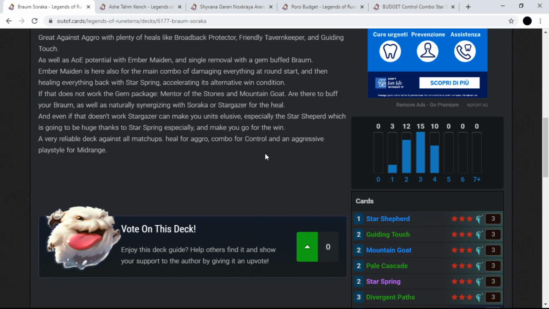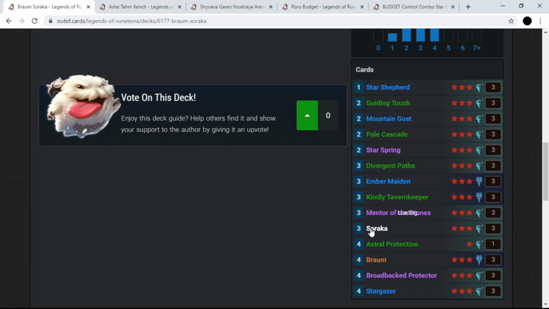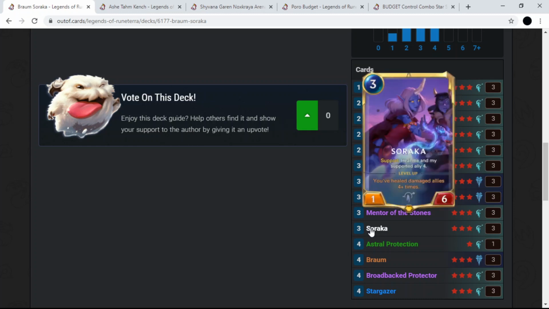Today we are here with top 3 decks to try out when the new expansion is going to release. So first off, we have Braum Soraka. Of course, Soraka really synergizes with healing, and you have to heal to level her up. Once she's leveled up, you can draw a lot from her, and also she's quite sturdy as well,